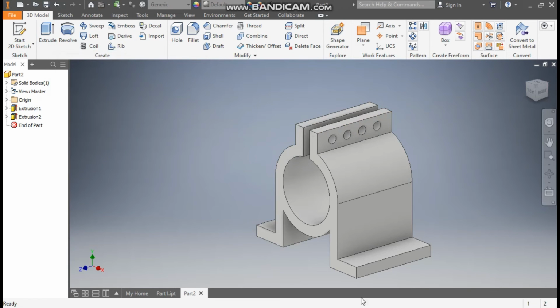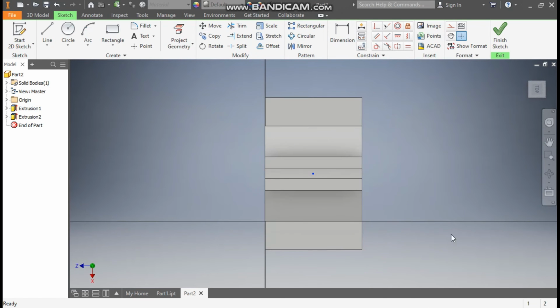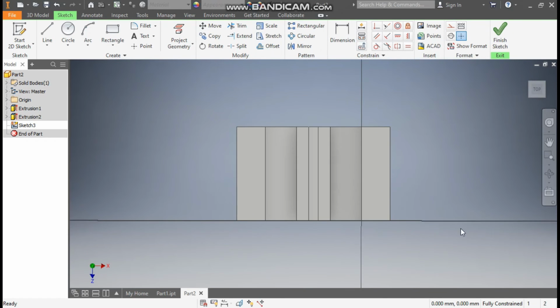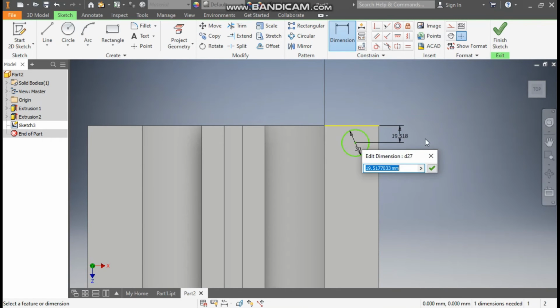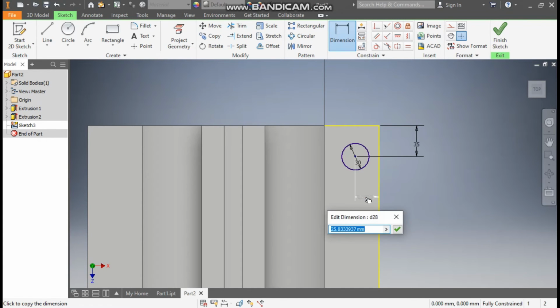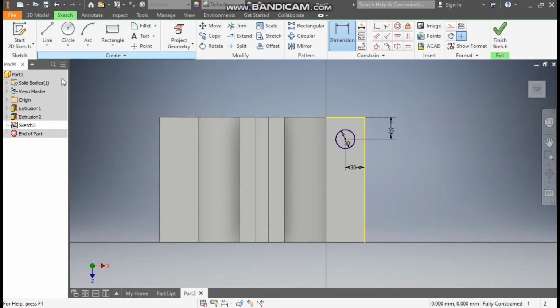Okay, now here select this face, go to create sketch, rotate the view, take the circle command and make one circle here of diameter 30 mm. Go to dimension, from back end the center here will be of 35 mm and center from this corner will be at 30 mm. Okay, similarly we are going to